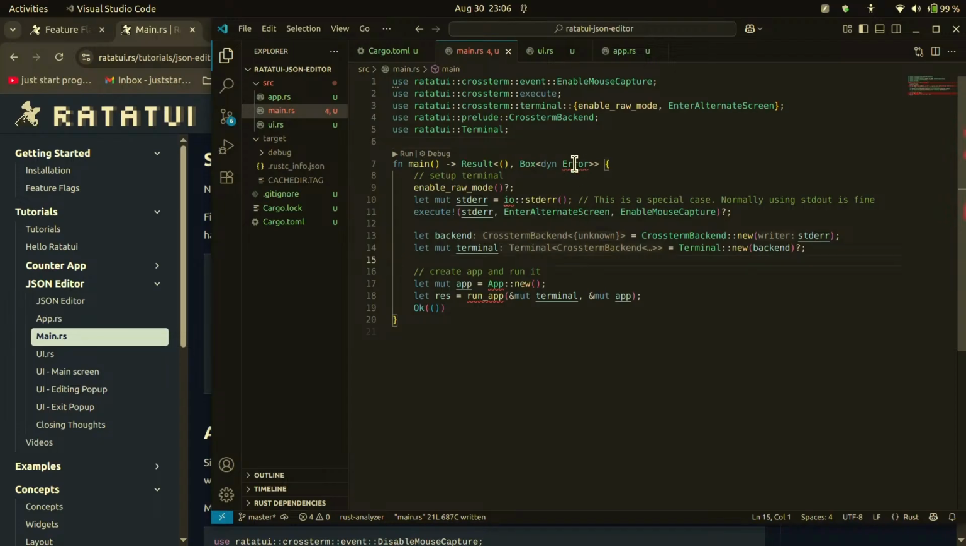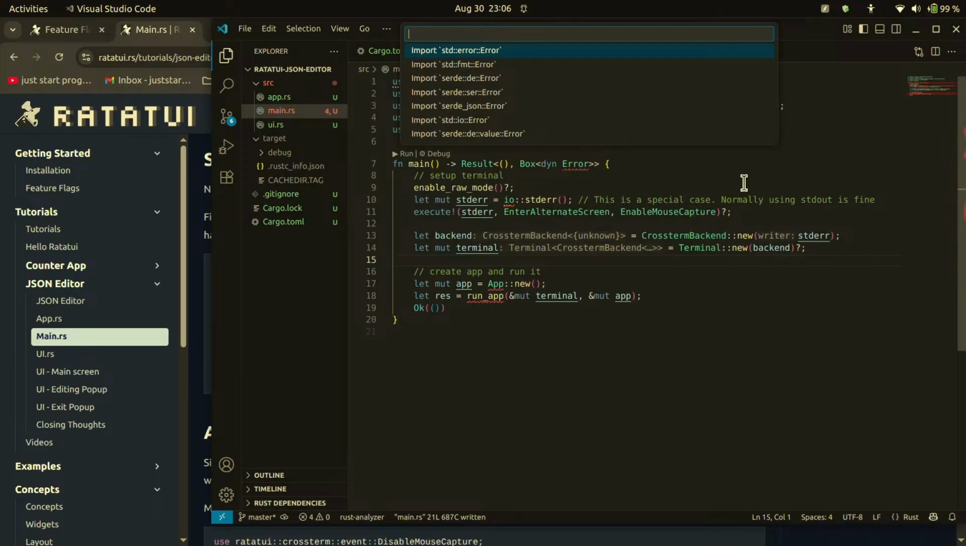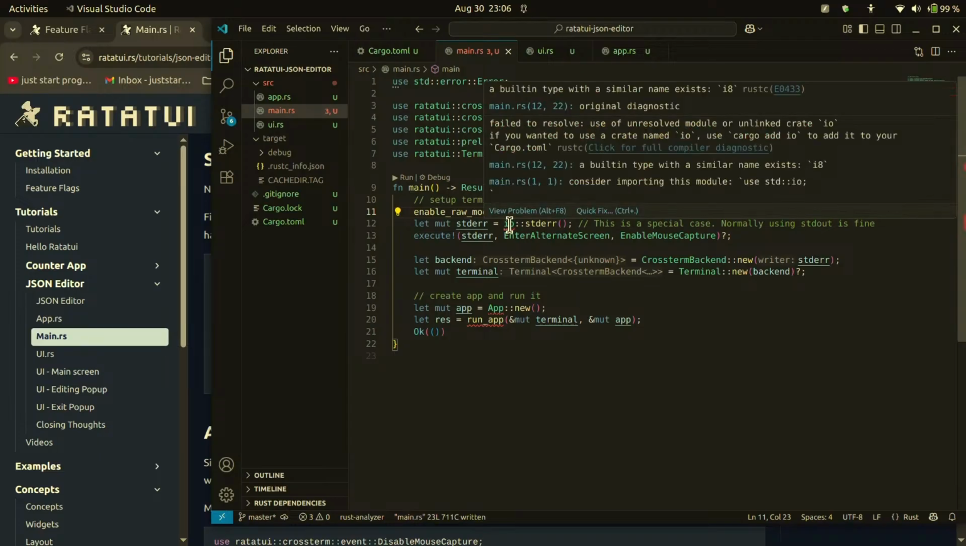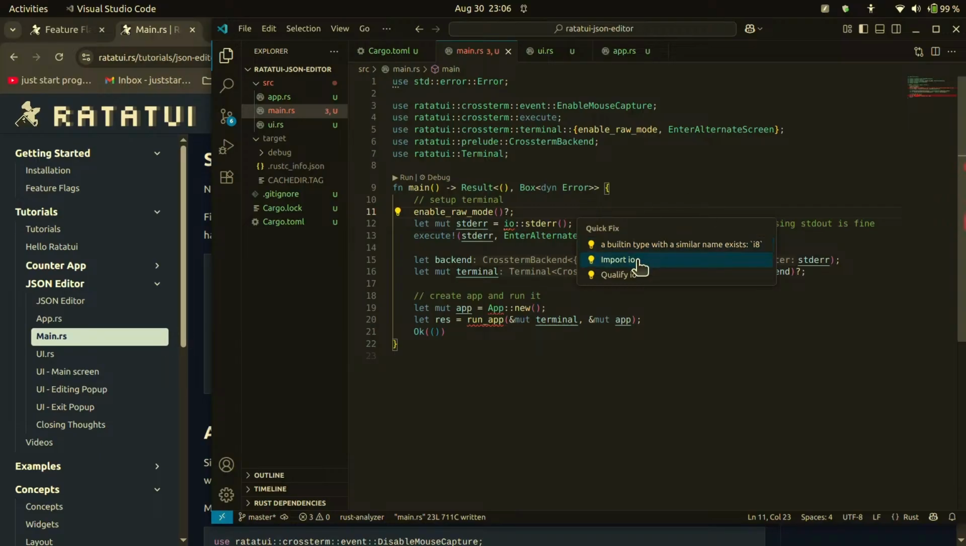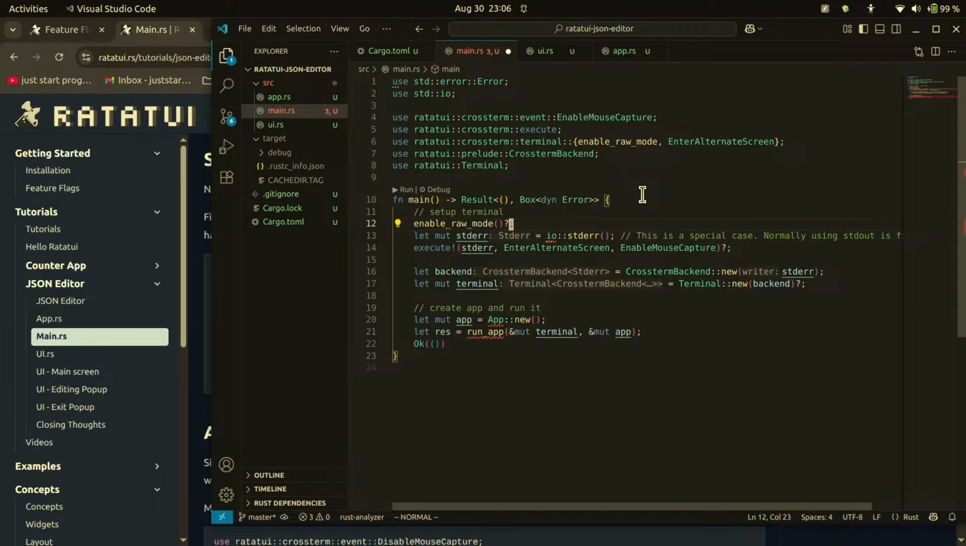And then here, quick fix, import error. Which error? Std error. Okay. Then IO, import IO, std IO. Okay. Then app,